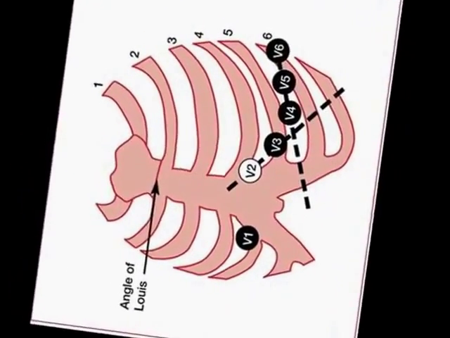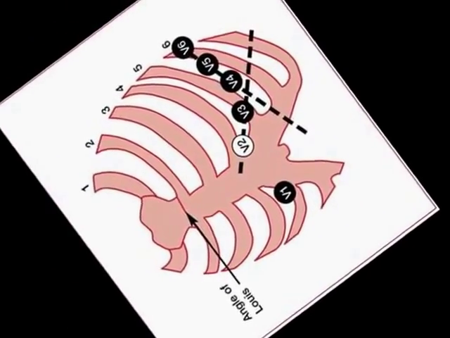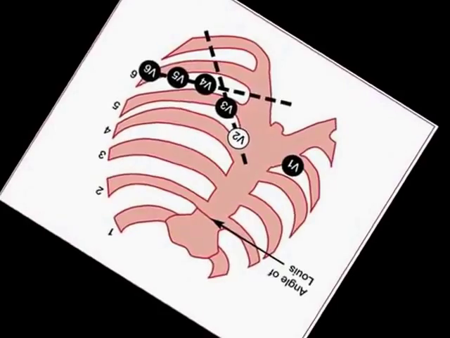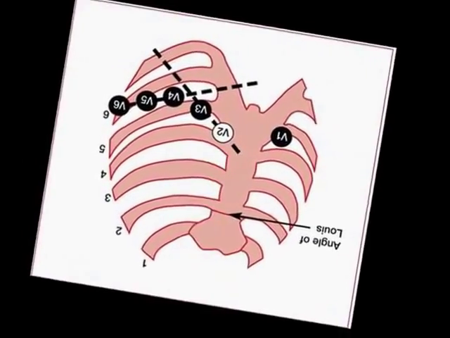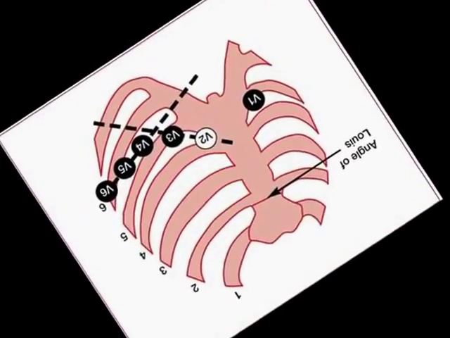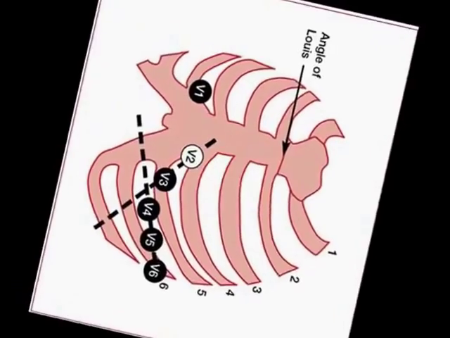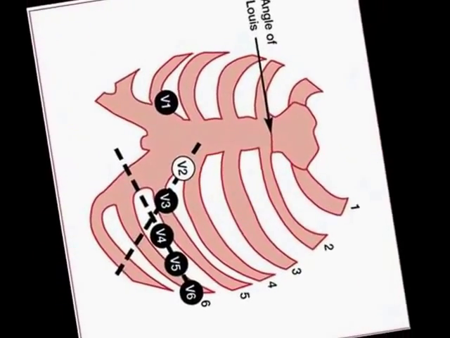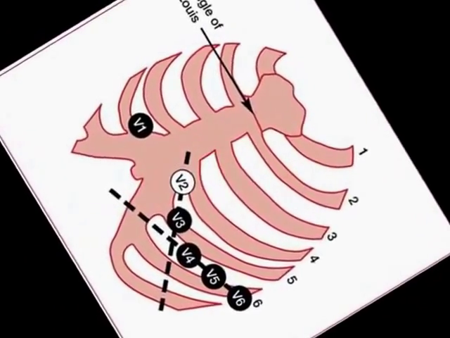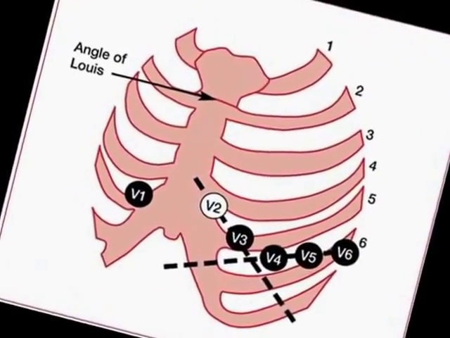V5 is going to be placed at the left anterior axillary line at the same level as V4, and it will be viewing the lateral aspect of the left ventricle. V6 will be placed at the left mid-axillary line at the same level as V4. Okay, and also, same as V5, it looks at the lateral surface of